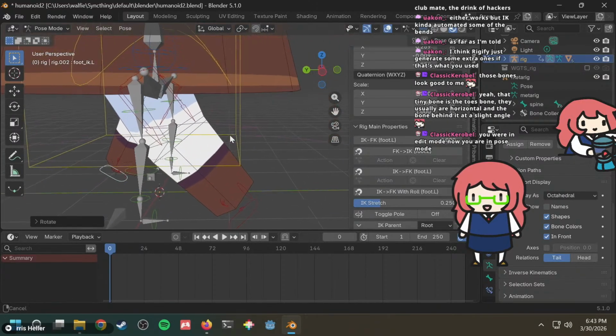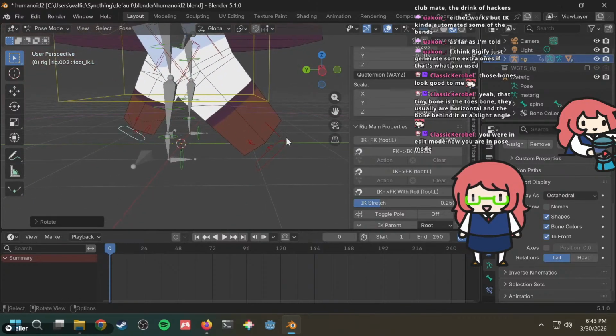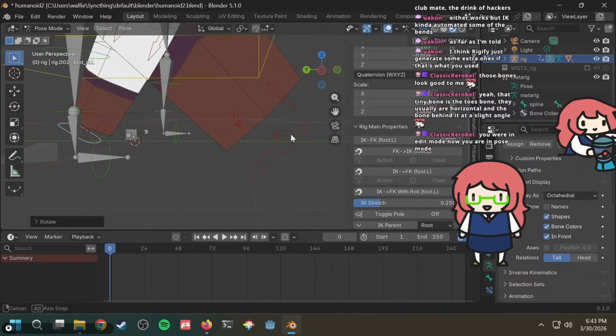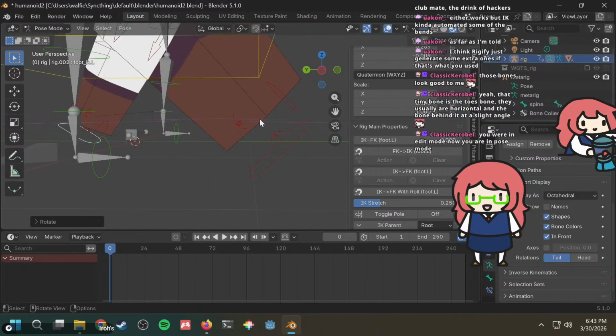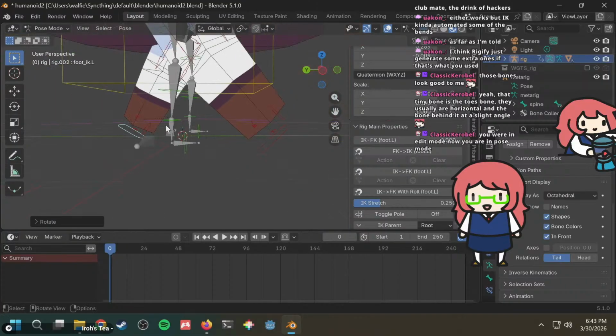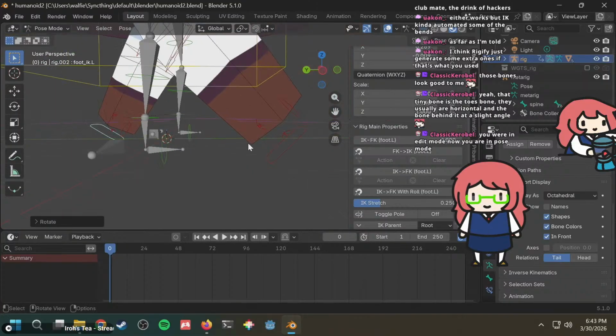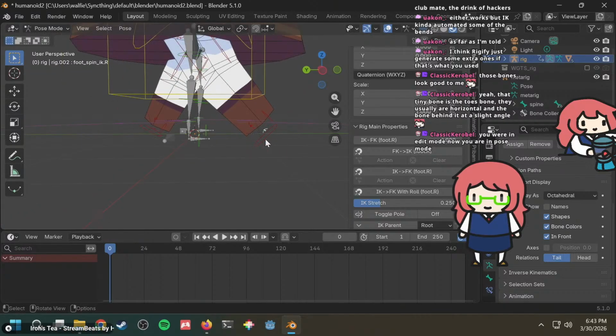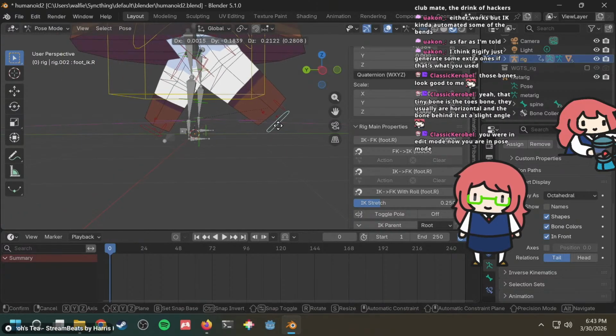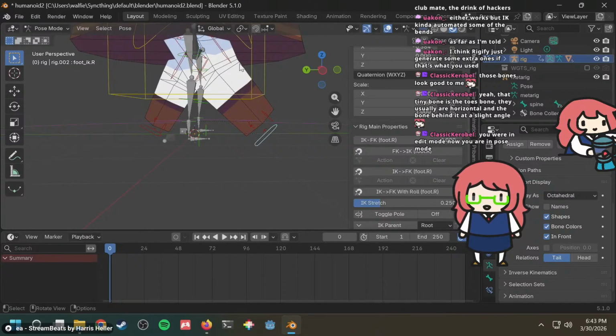Now, I thought I fixed this leg problem, the fact that the leg is pointed like this. But it's not fixed. Why is that?